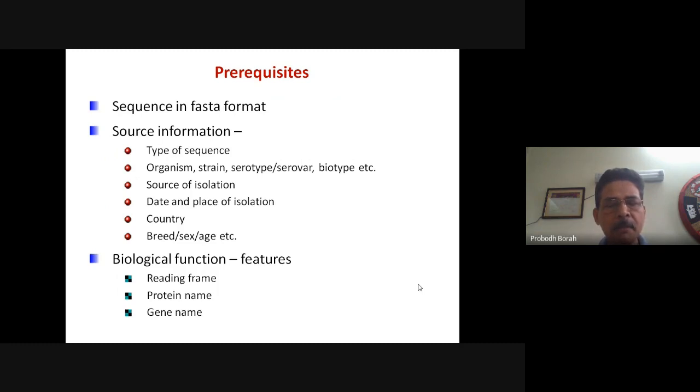So that may include the reading frame. As you know, in a sequence, already I told you there is a single strand, there can be 3 reading frames. Whether the open reading frame starts with the first nucleotide or second nucleotide or third nucleotide, that you need to know so that it can be translated for prediction of the protein sequence that is coded by